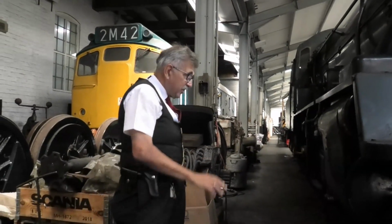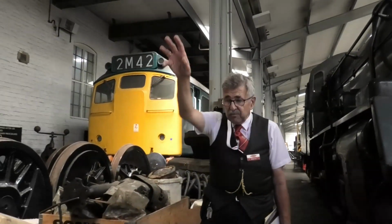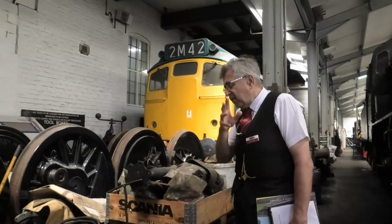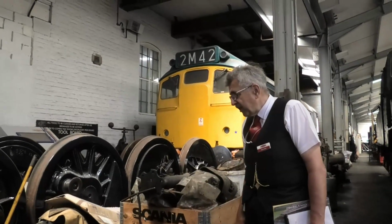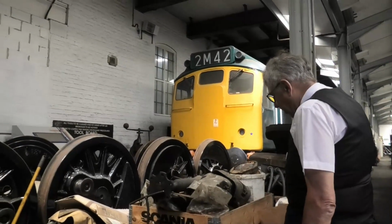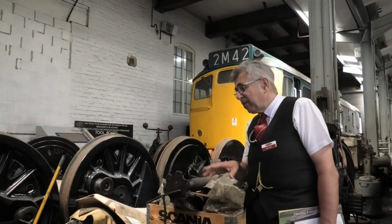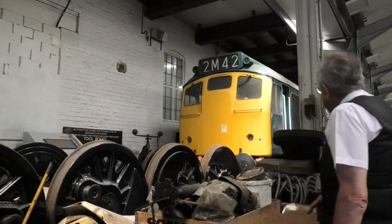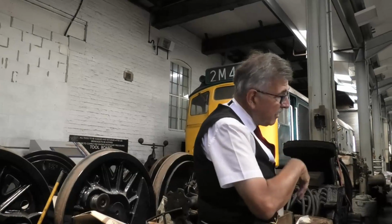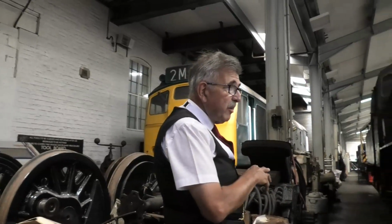Class 25 is out of service at the moment, has been for quite a while. She's a flood victim. Until they did some work on the Bridge House Beck, just south of the station here, it used to flood on a regular occasion. On one occasion it flooded the shed and the yard, and unfortunately the water got into the traction motors of the 25, and water and electric traction motors don't tend to be easy bedfellows. Consequently, she sort of turned up her toes and said, I don't want to work anymore, and there was a bit of a protracted battle with the insurance company over her,